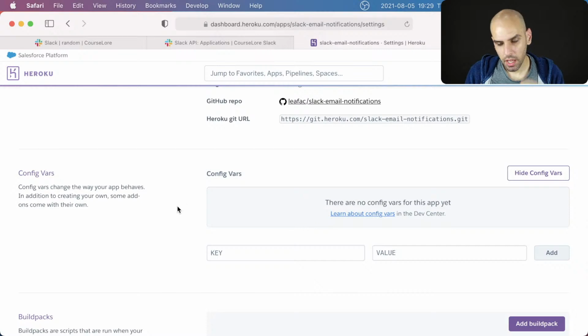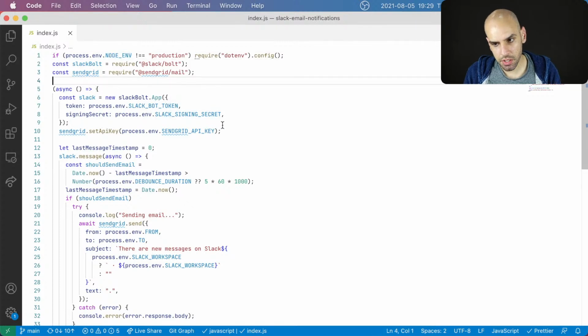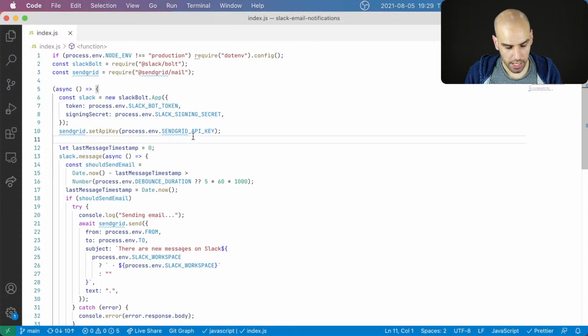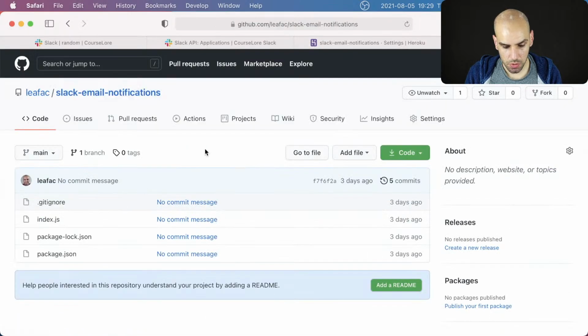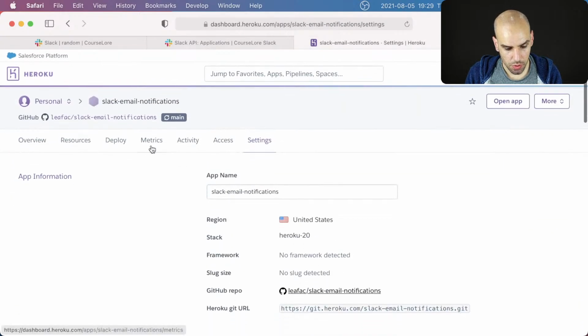So I can set the config variables here, or I can deploy first, the app will fail, and then I do it. Because I know that when I deploy the first time, some config variables will be set up. In particular, I know that Heroku, at least it did the last time I played with it, will set up the NodeDev variable. So how about we deploy first, the app will crash, and then we try again with the environment variables in place. So I'm going to push. This is going to go to GitHub, and then a build is going to trigger here.